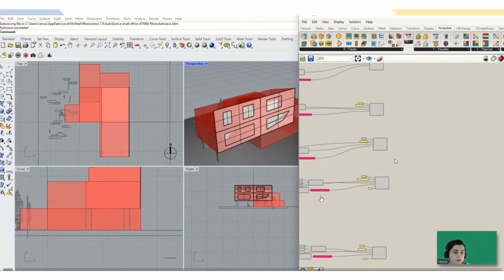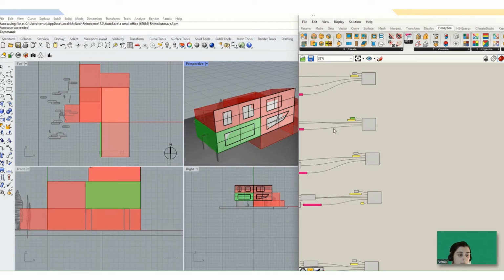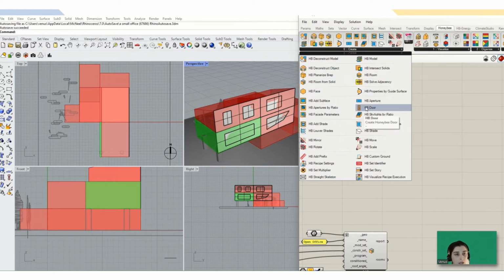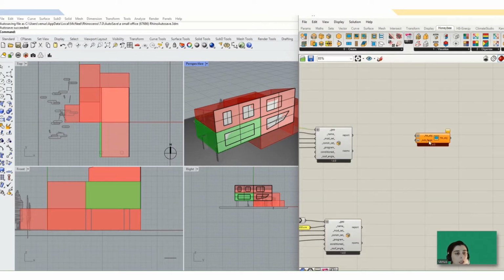Let's go to define these windows to Honeybee. First, you need to use the components that help to add the windows and define the windows to the Honeybee. Let's go to the Honeybee tab, and on the first tabs is the create zero and the create part. You can see the different parts that are divided with the line. You need to use the Honeybee add surfaces and pick up this component, and then you need to